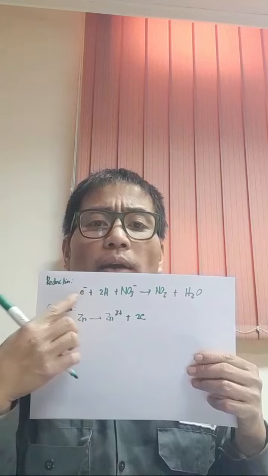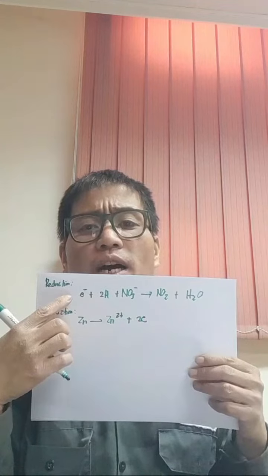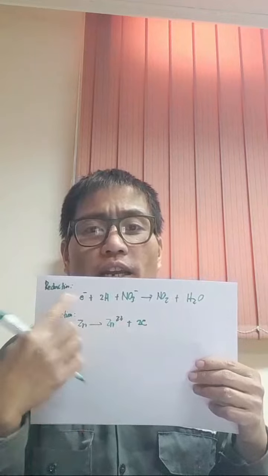So we need to multiply this by 2 in algebra, so that it can equate to the 2 electrons here, so that both electrons will be cancelled. So it will become 2 electrons, 4H+, 2 NO3-,